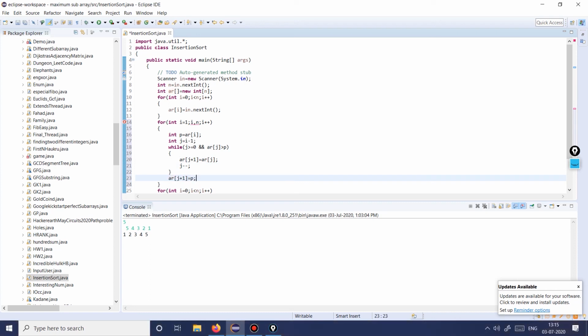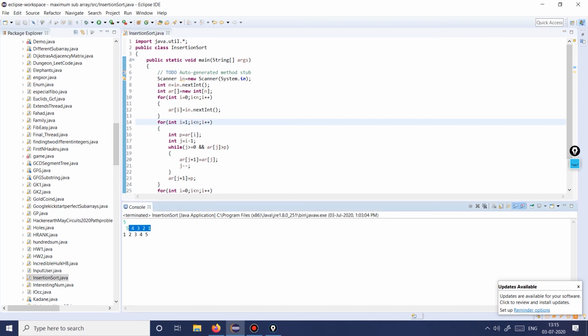Then array j plus 1 is equal to p. So I guess we are good. Okay, so here it should be less.